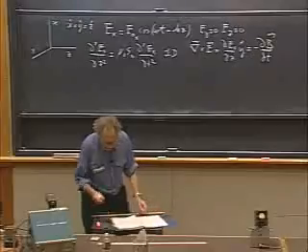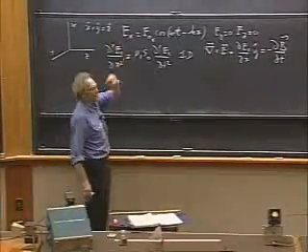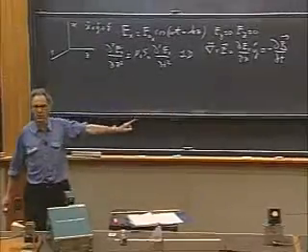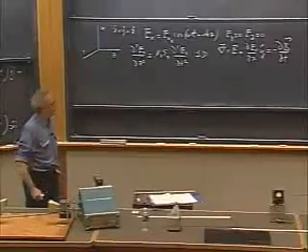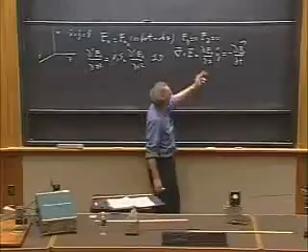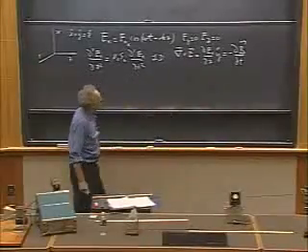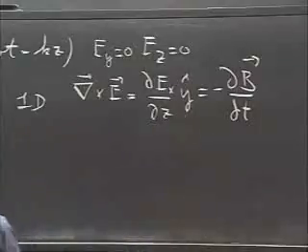So my question now is, what is B? So this is the traveling wave in the z direction, which has an E vector only in the x direction, as of now, and I want to know what is the associated B field. Well, for one thing, you can already see that the B field is going to be in the y direction,